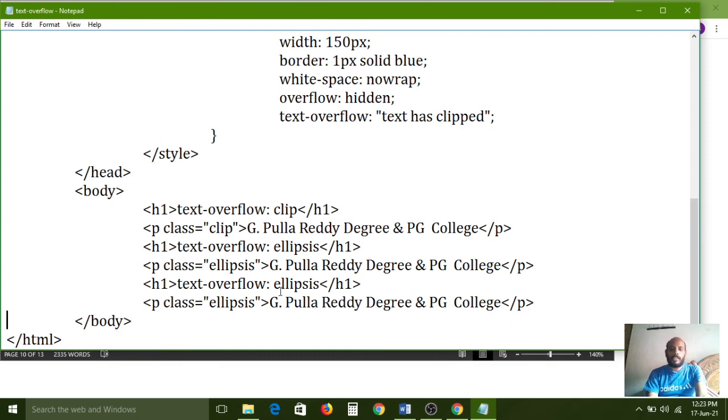So here the text-overflow ellipsis heading is there, and now I am changing it so you can understand that the third output is related to the string value. Instead of ellipsis, I need to change it to string also, right?